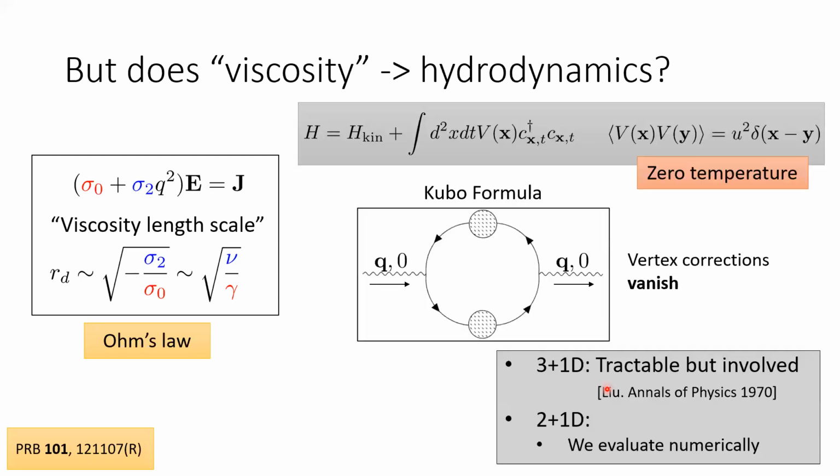And so to understand the origin of where you could get these non-local effects, where you could get this finite viscosity looking term, in this paper, this is zero temperature still, correct? Yeah, this is zero temperature. That's right. But the measurements are done at finite temperature, right? That's right.